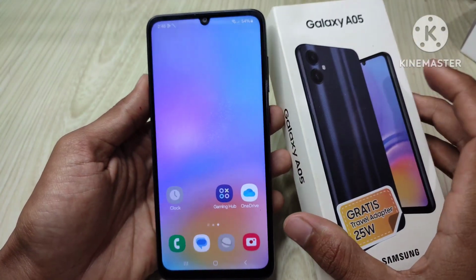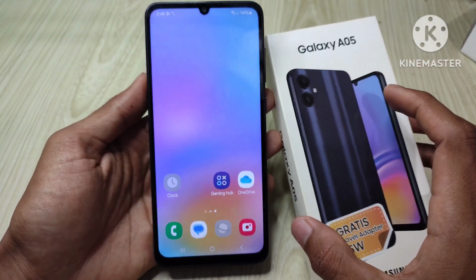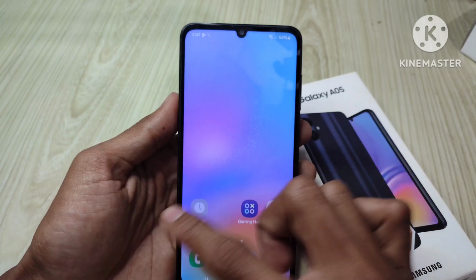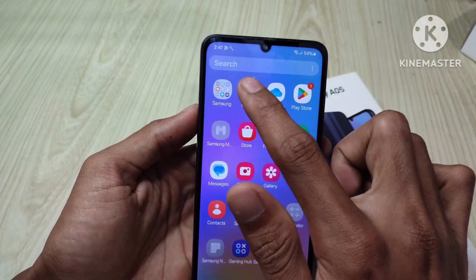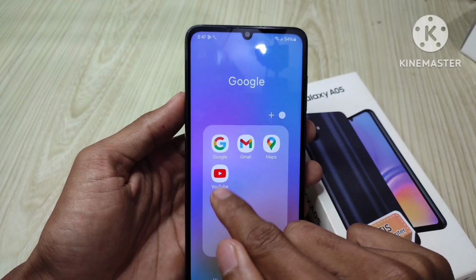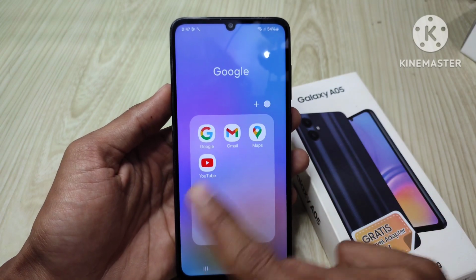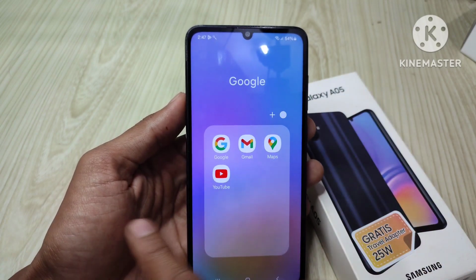How to split screen on Samsung Galaxy A05. Okay, so let's try it. For example, in this video I'm going to split screen Google Chrome and YouTube. In the first step, I want to open the YouTube,